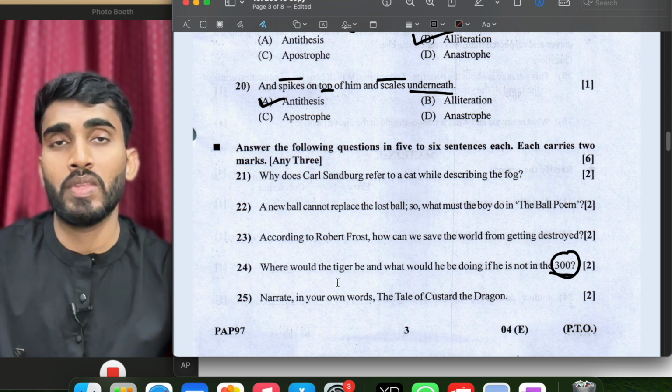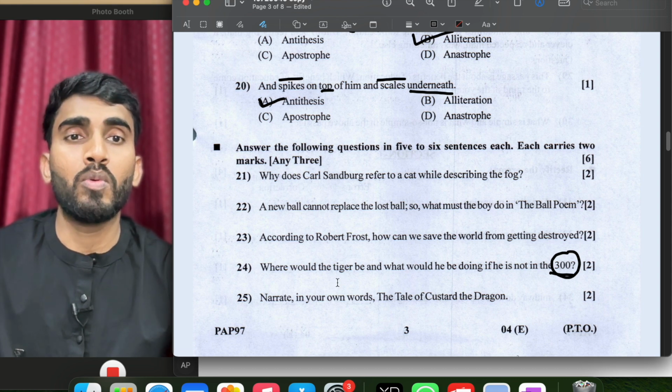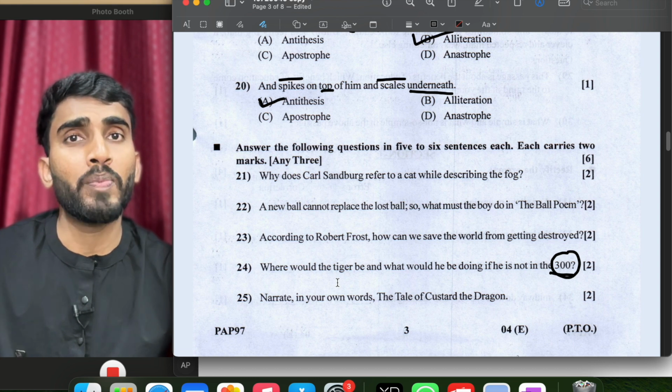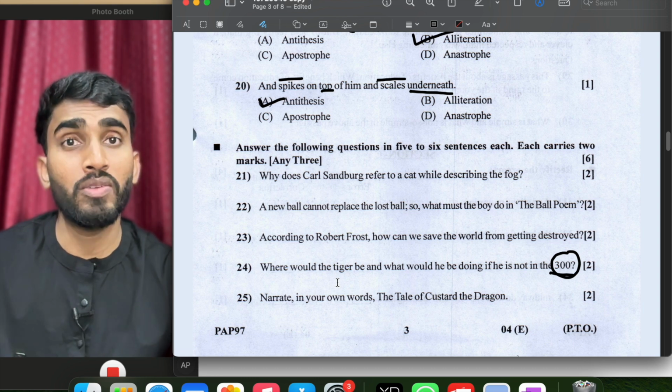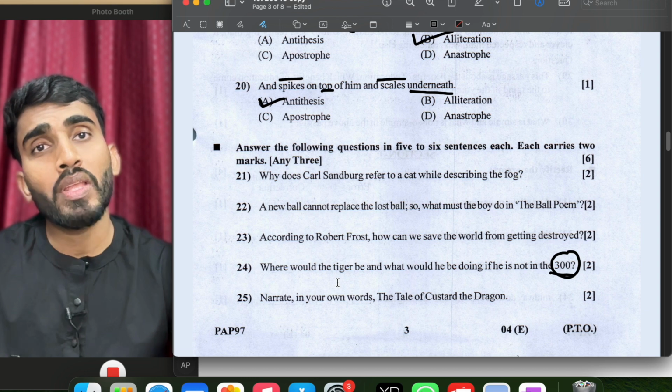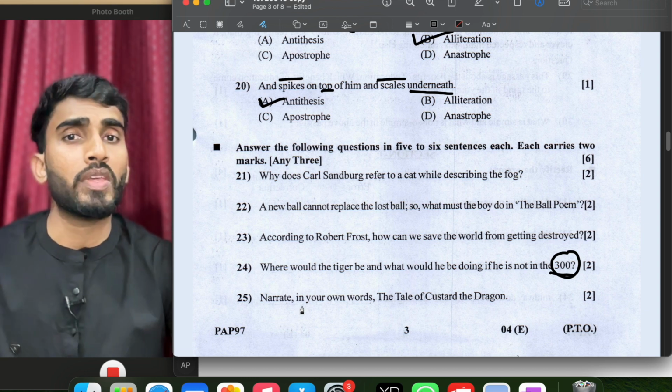attack on them. He would also be roaming at the border of the jungle or at the boundary of the jungle near the village, snarling and terrifying the villagers. Okay, so